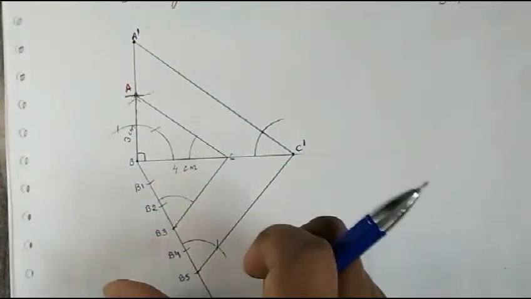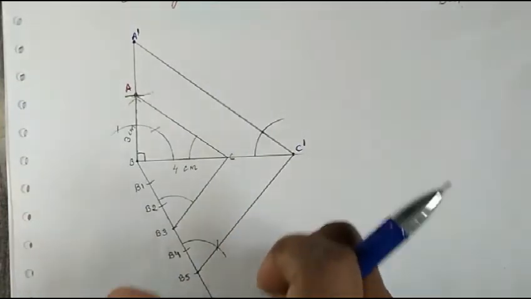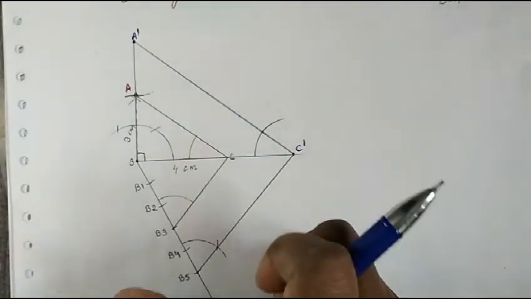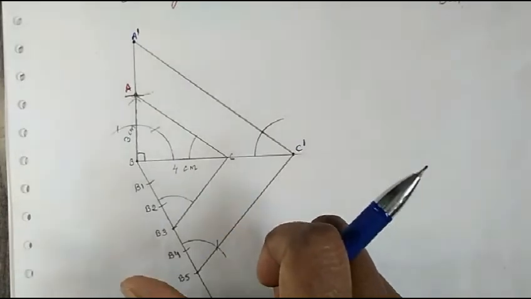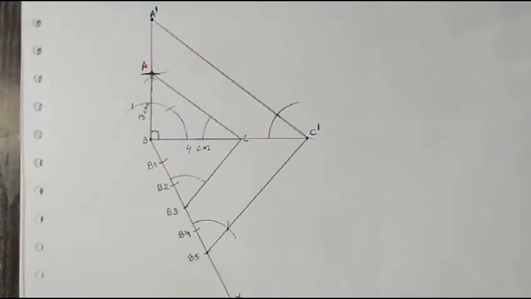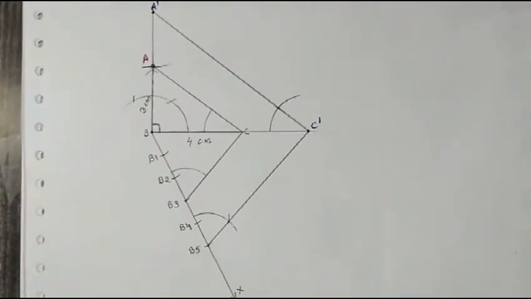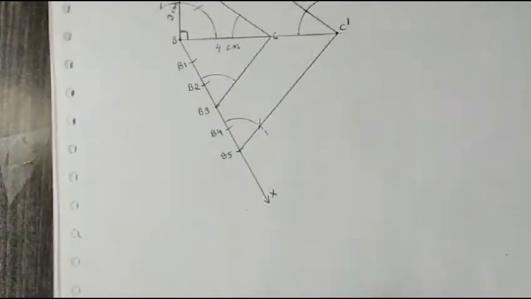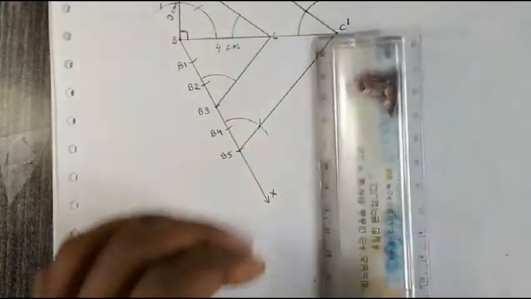Before that, you have to write the steps. In construction, steps are compulsory. Whether they ask you or they don't ask you, you have to write the steps. Justification you have to write only if they ask. But in the textbook it is asked, so I'll do the justification. But in the exam, you have to do it only if they ask. Okay, so let's write the steps first.